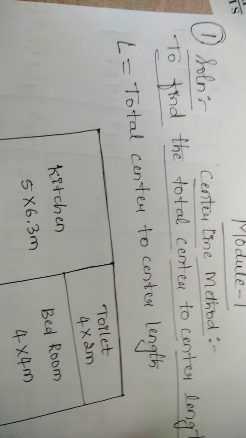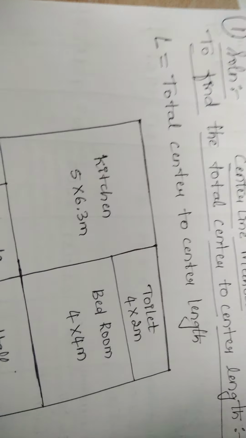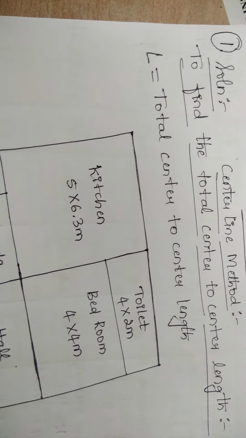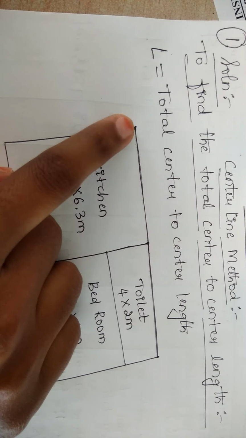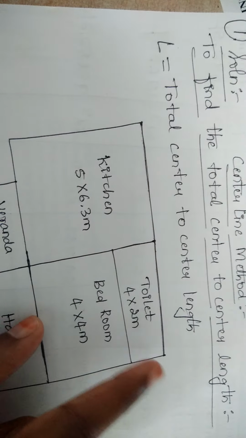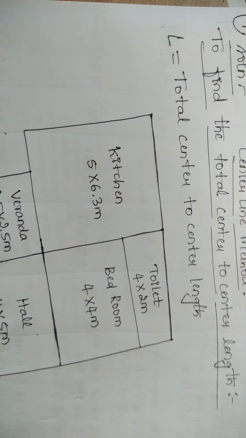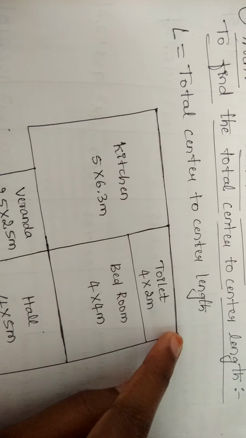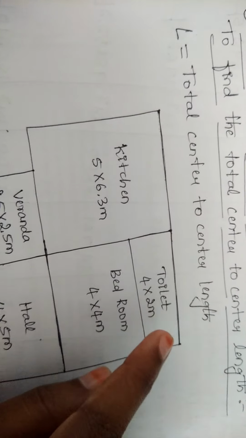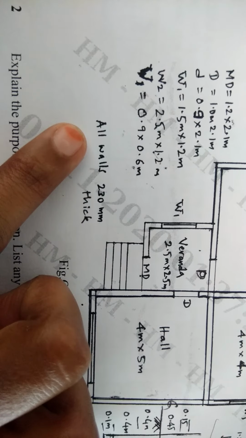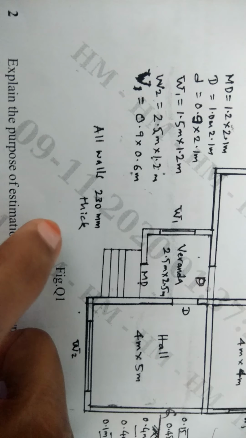I will be using the center line method for solving the problem. So for center line method, I had to consider the center to center distance between any two walls. See, we can see this as the one end of the building and this is the another end of the building. The figure what I had drawn represents the center line diagram. That means from the center to the center of the another wall, whatever the distance you get in the middle, that distance I need to write now. In the question, the walls thickness are given. It is said that all walls are of 230 mm thick.